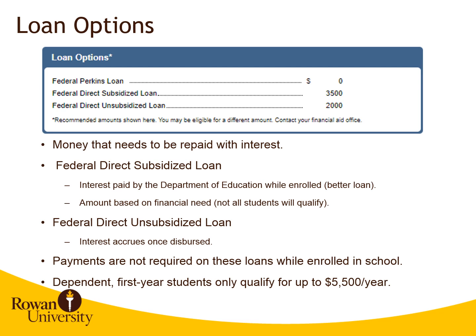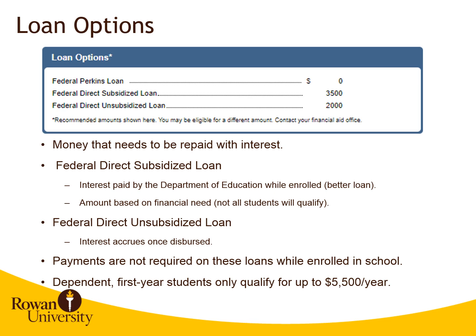And again, the standard amount for students is $5,500 a year for first-year students. There's really no way for the student to request an increase of that. That's the standard amount that students are eligible for their first year. Again, not everyone will qualify for a subsidized loan. So if you're looking at your college financing plan and you see you're being offered $5,500 and it's all unsubsidized, that means that based on the FAFSA and the information that was calculated, that is the only type of loan